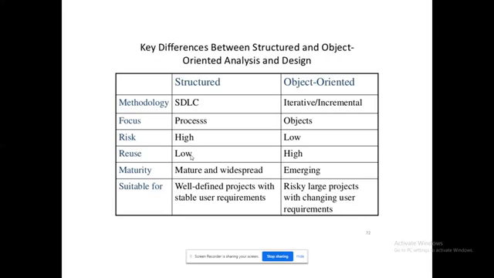Next, they are using the term risk, the factor risk. It is high and it is low, right? The risk represents that they are talking about security. Structured programming means procedure. I can find the pattern of how this program is working. For example, if I am going to do something on a payment gateway, and I have followed structured programming, the order in which they go for the payment gateway can be tracked very easily. But while we are going for object oriented, the risk will be very, very low. I'll be telling you how.